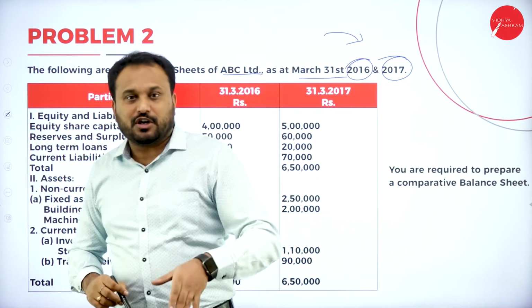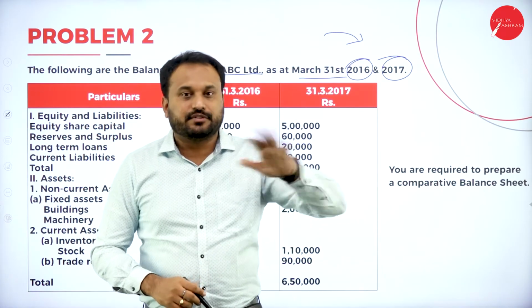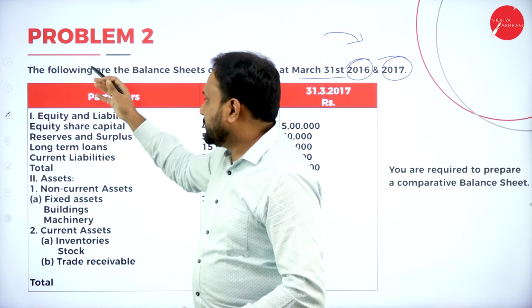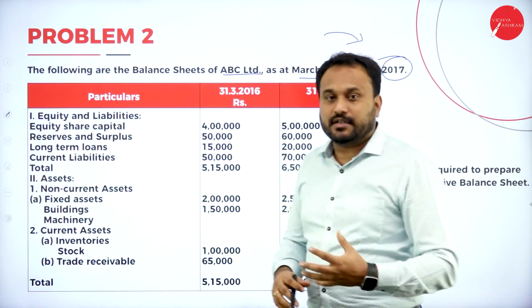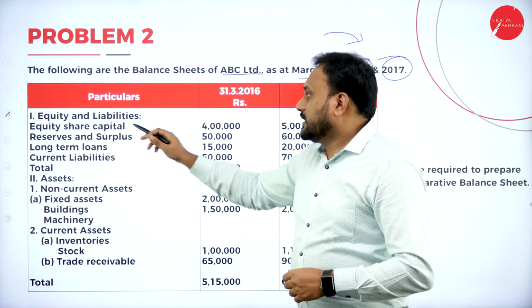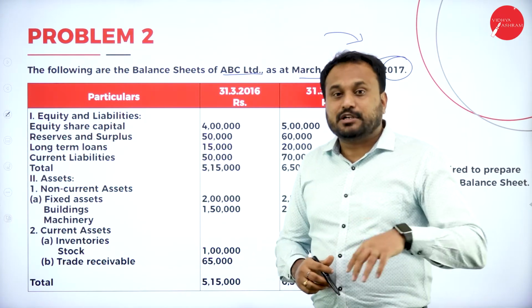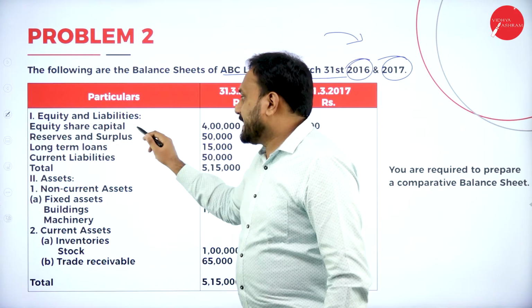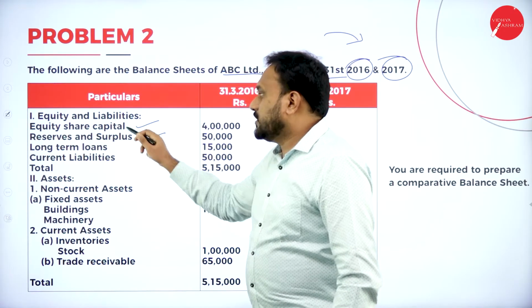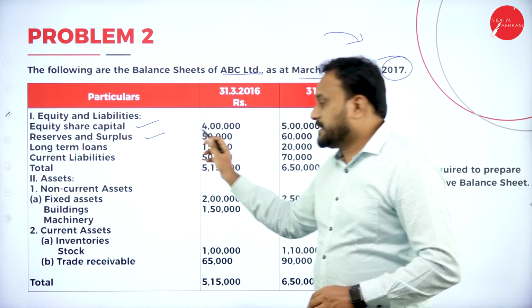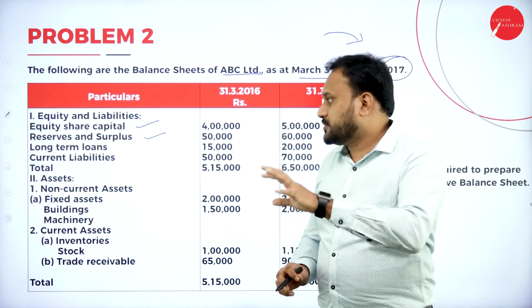So first column, second column, third, fourth, fifth, if you go with it. First column is always particulars. Now you have particulars here. Now see the question here. This is the question paper problem which was for 10 marks. Now equity and liability. See, they have only given equity and liability. So which are they? Equity, share capital, reserves and surplus. So under equity and liability, you will go with two of the things. That means copy paste is what you are supposed to do.